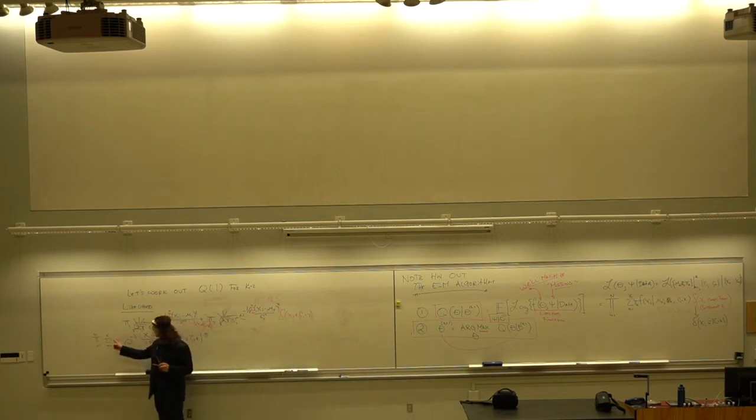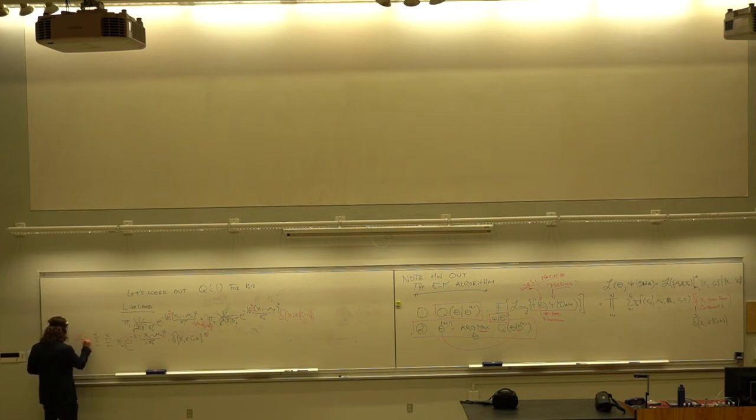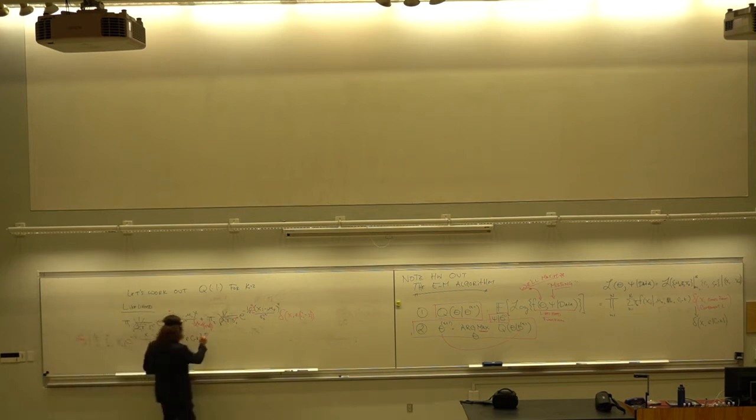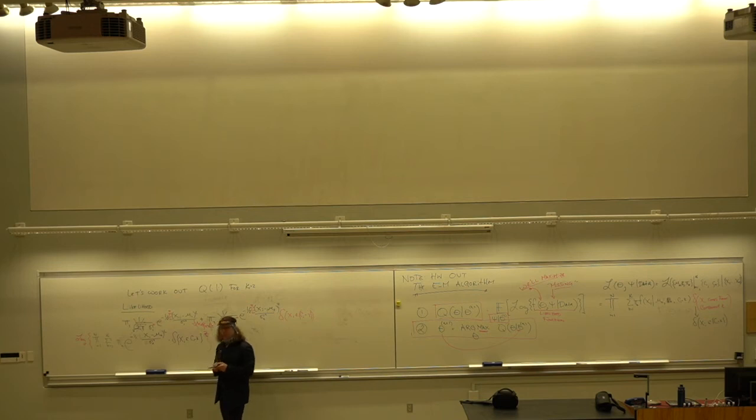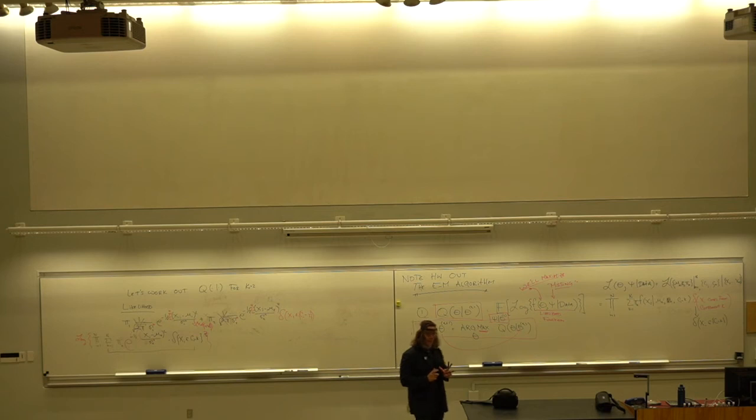So I wrote this down in an additive way. I'm going to take a logarithm of all of this. But before I do that, I'm going to rewrite this just a little bit differently. So I have this expressed as a sum. I'm going to rewrite it as a product, and this will make my life very easy in a second. So let's just see if I can do this.